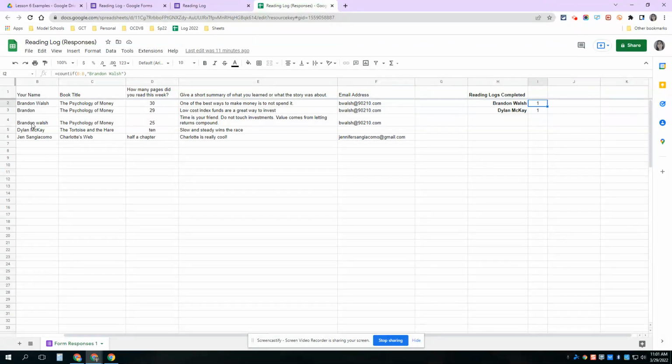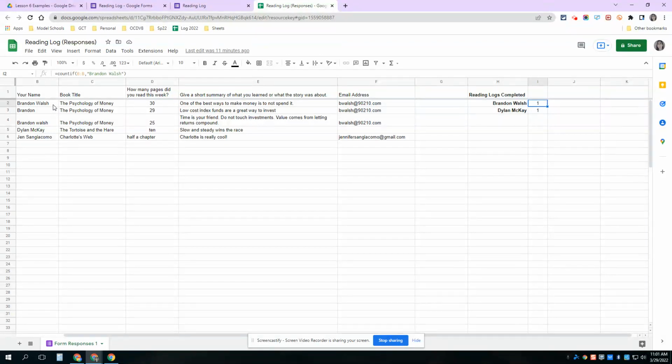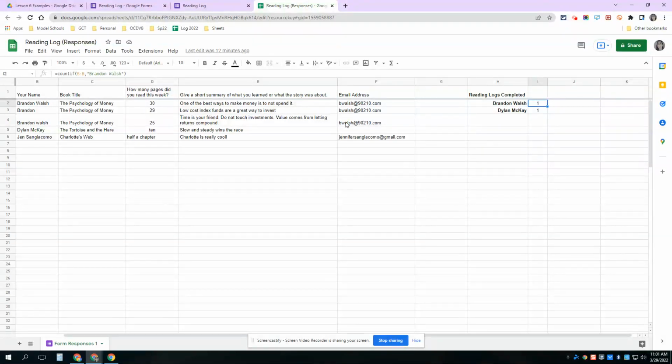But the issue is that when the students are typing their name, I get varied responses. So for example, Brandon Walsh here, he typed his first name and last name, but in this case, I just got a first name. And in this case, I got a first name, a last name not capitalized, and a trailing space, which only one of these instances matched my formula. By collecting the email address, I get a consistent data point. So I'm not relying on the student to type in their email address. They're logging in, or the form filler is logging in, and I'm getting a consistent piece of information